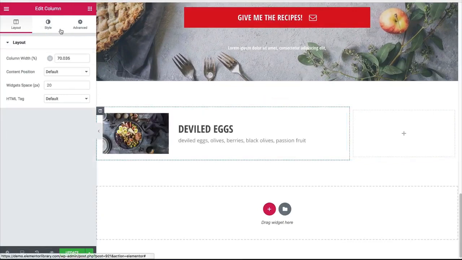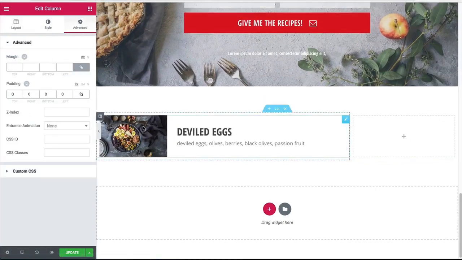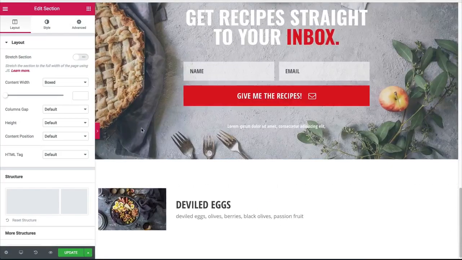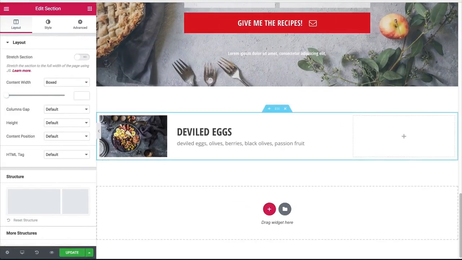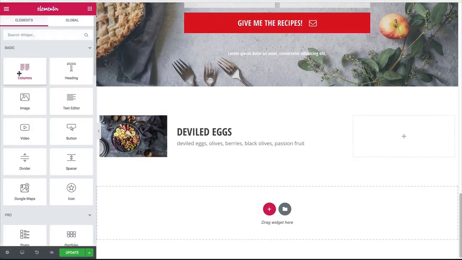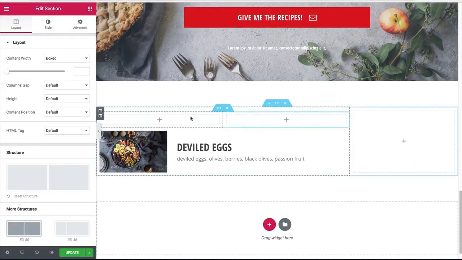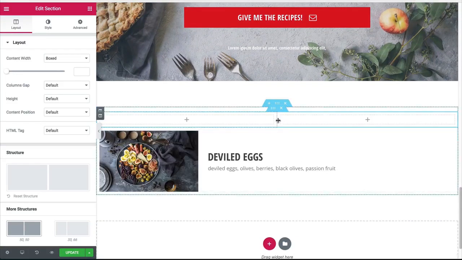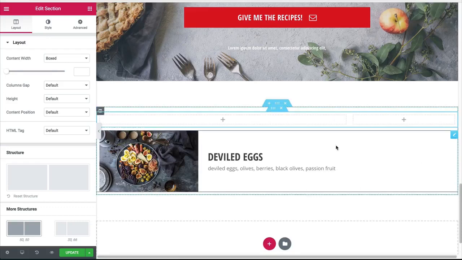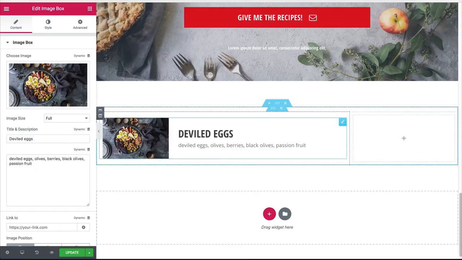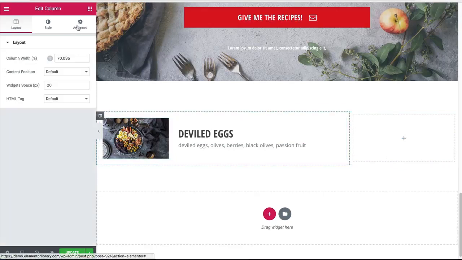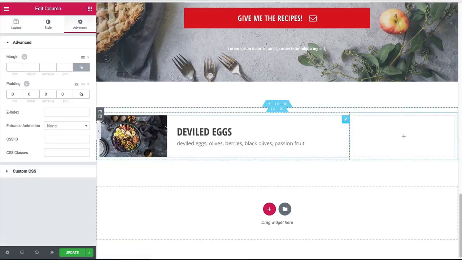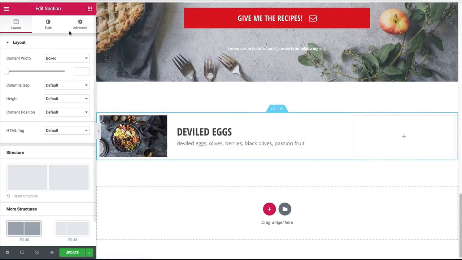So come in here to the column, get rid of that padding so that it's flush up against the edge. And let's come into this nested section. So I just realized I did something incorrect here, guys, so bear with me. I'm gonna actually add a nested column into the main section here. Get rid of this, change this to 70-30, and we're just gonna pop this right into here, and you'll see why in a second. Okay, so let's go back into there, get rid of that padding in this nested column,